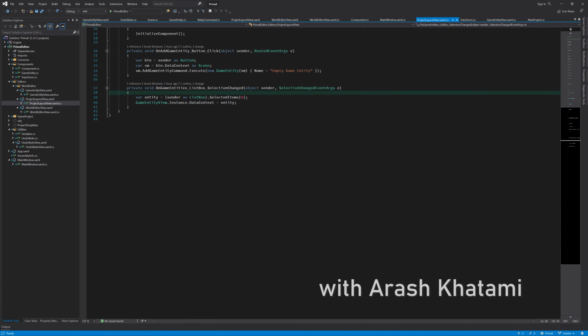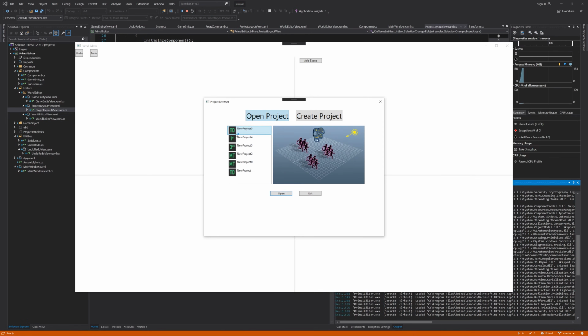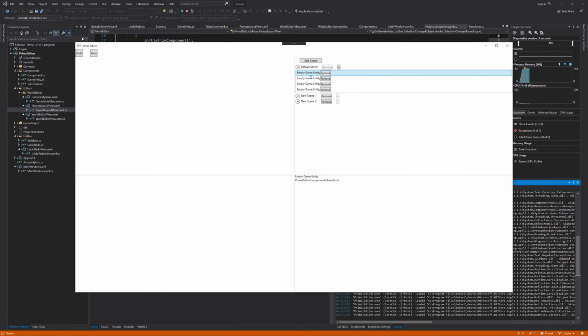So I'm going to fix this method, but while I'm at it, I'm going to make sure that these selections are undoable as well. So for example, I can select these two and then select this one. And I want to be able to hit Ctrl-Z and then go back to that previous selection. That's useful because